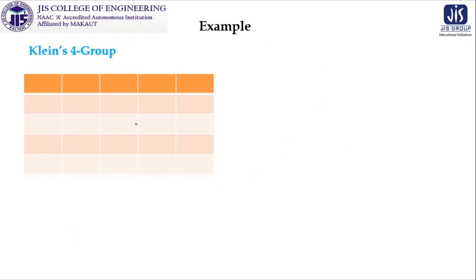Now proceeding further, you are seeing that something is written over here. It is Klein's 4 group. It is a very interesting group. Before coming into the group, I do have one discussion on this, that is how it is defined. So we have taken one set S which contains E, A, B, C. It is a finite set containing 4 elements.